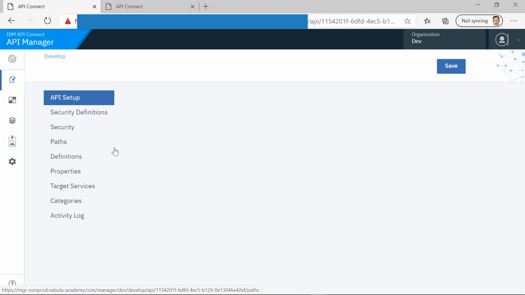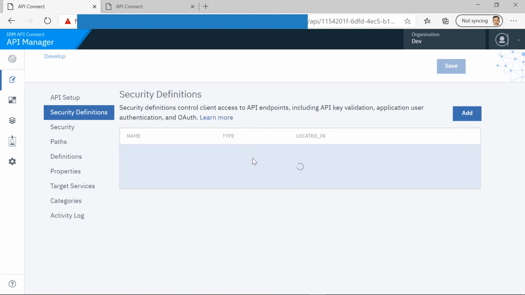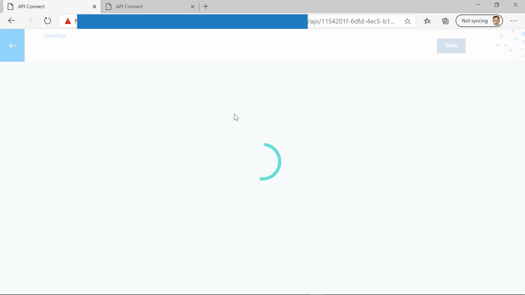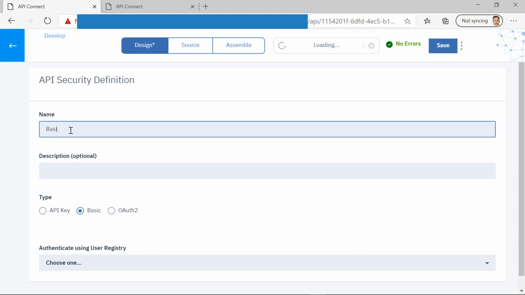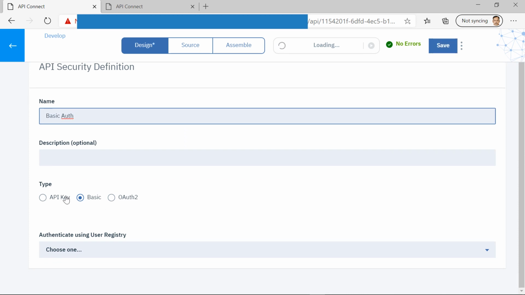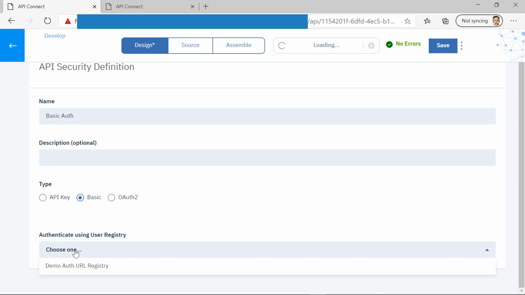I go to security definitions of the particular API. I can add a new security definition, right? Let's say basic auth, and I select the type of security definition as basic. So I'm going to use basic authentication for my API, and in that I can select the user registry that I've associated.